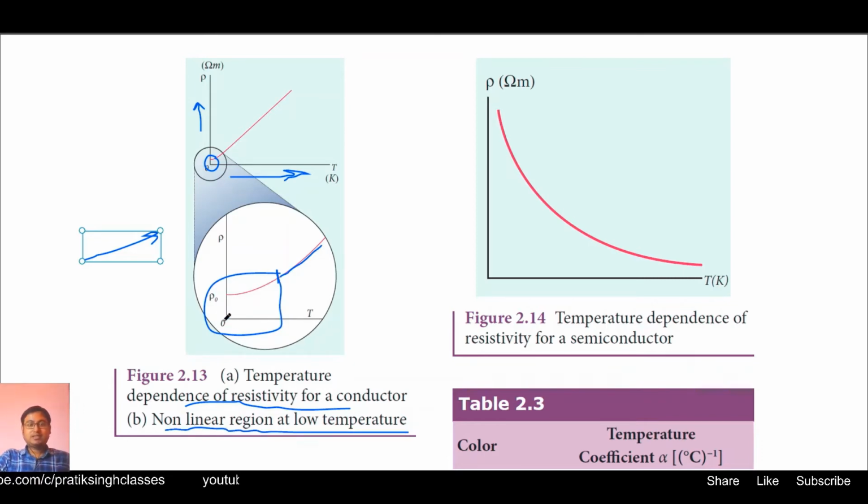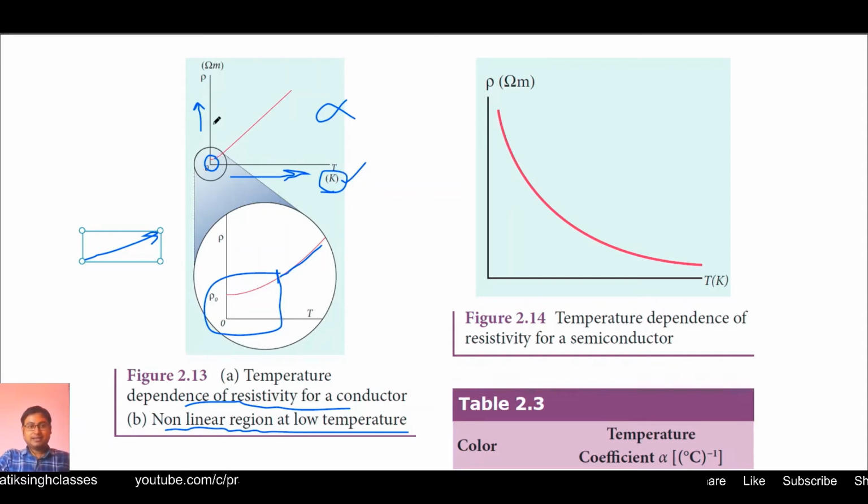That means at certain low temperatures, the resistivity increases, but not in accordance with the equation rho t is equal to rho naught into 1 plus alpha into t minus t naught. But after a certain region, the graph becomes linear. That means in that situation, the resistivity becomes proportional to the increasing temperature. As you can see here in figure A, on the x-axis we have increasing temperature and the unit taken is Kelvin. In the earlier equation it was defined in degree Celsius, but it doesn't matter whether you take Kelvin or degree Celsius.